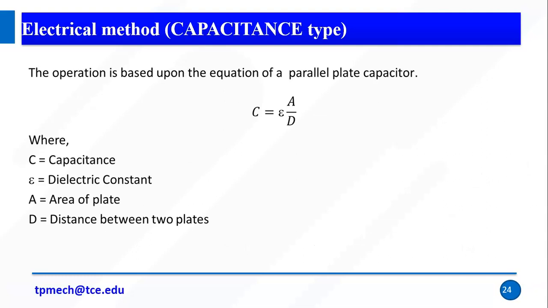Capacitance method, again this one, right. So capacitance is based on capacitance change: if the level varies, the capacitance value changes, but the capacitive value is directly calibrated as the level. How do we calibrate? Capacitance equals dielectric constant times area divided by distance. The known values are dielectric constant and area of plate, which we can easily measure. Capacitance we can easily measure. So variations come, so that I can measure the displacement or distance, right. So the second type is the electrical method, the capacitance type,